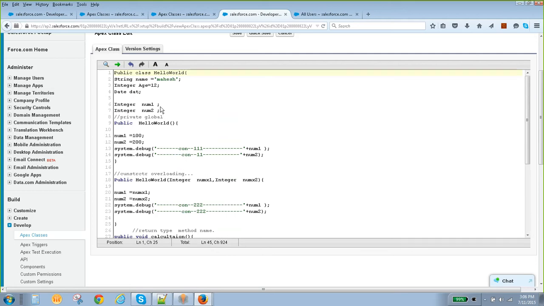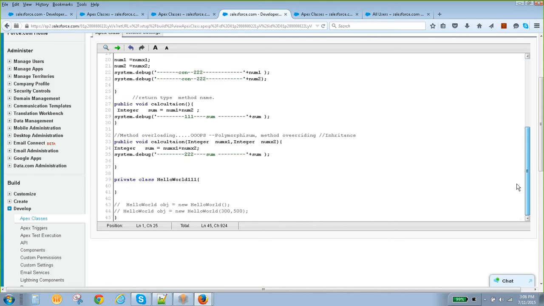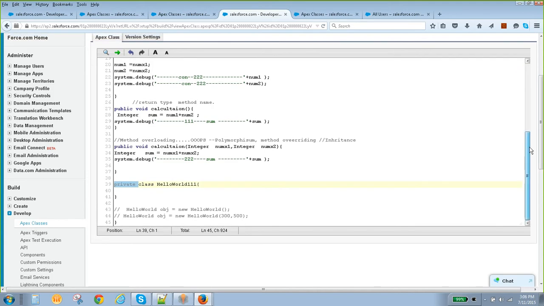Everything will be available, but if it is private then it is not available. If it is public then it can be accessed.